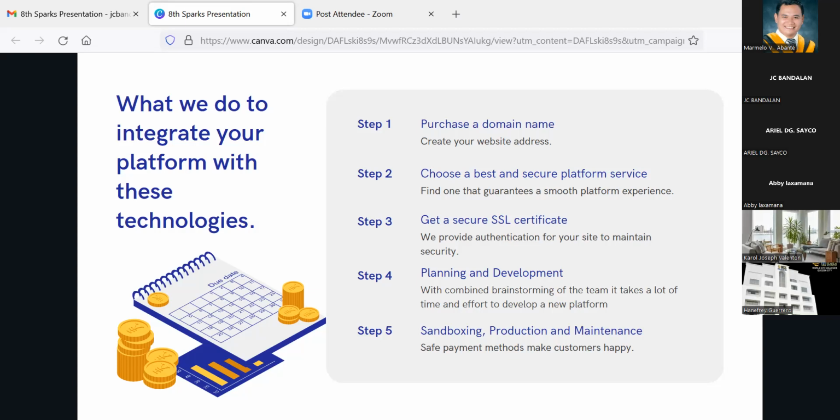For the step 5, sandboxing, production, and maintenance. Dito namin sinisecure yung safe payment methods, may customer happy sa sandboxing, yung stress testing na ginagawa, tinetest if there are any bugs or so before we actually release the product. Now,